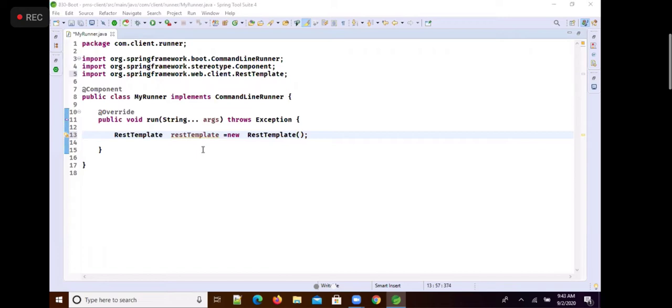So in this case, I must call the exchange method. While calling the exchange method, there are various parameters.